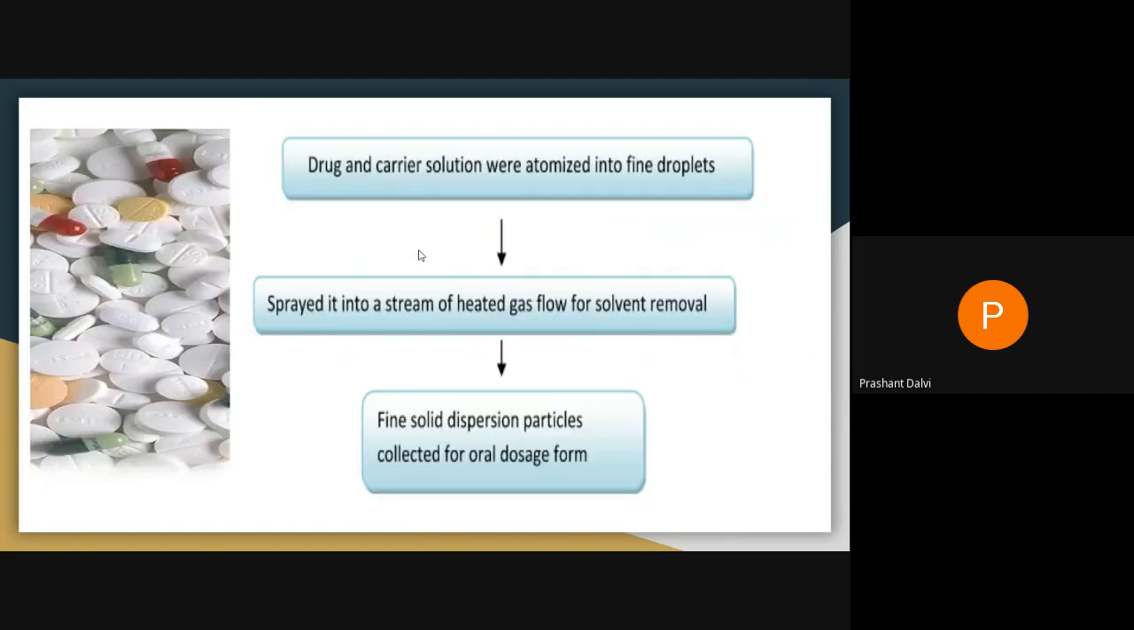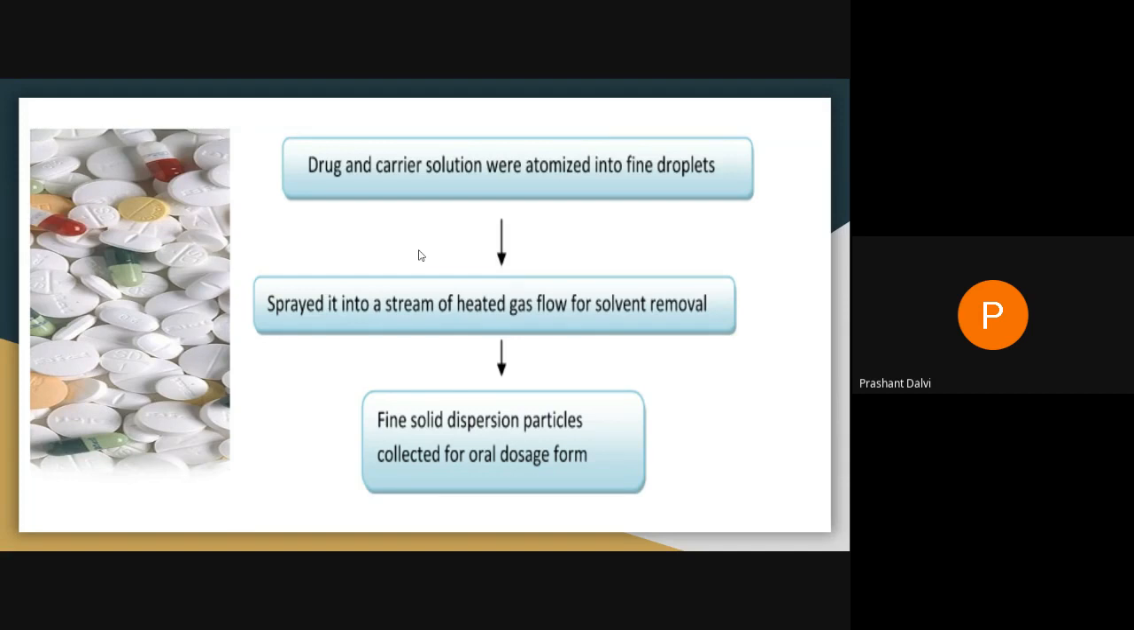So, what is the general method for the preparation? Dissolve the drug and carrier in a common solvent. Then pass it through the nozzle and atomize it into fine droplets in a chamber containing hot gas. When you atomize these solutions into that chamber containing the hot gas,